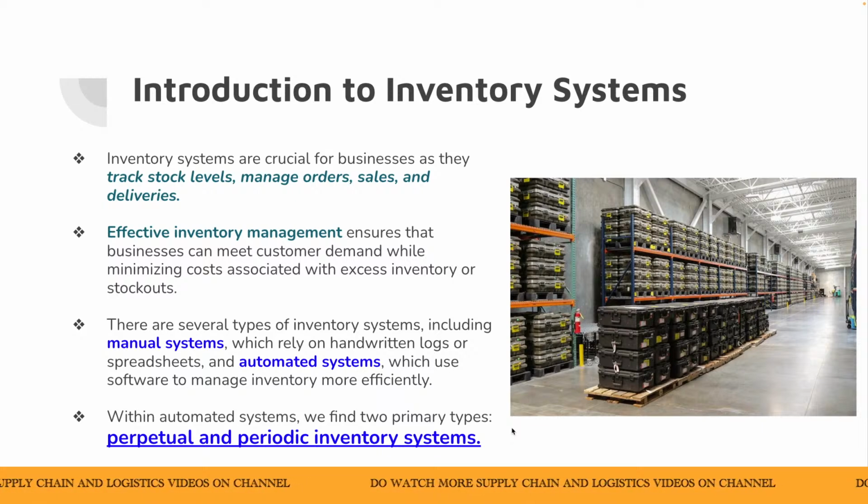If you can see in the third point, there can be many systems around the world, and one very prevalent system is the manual system. So what is the manual system? In the manual system, the user goes and checks, okay, I have this much inventory with me. He cannot do it every second. There should be a certain period of time involved, let's say once in an hour, once in three hours, or once in a day, which is the most